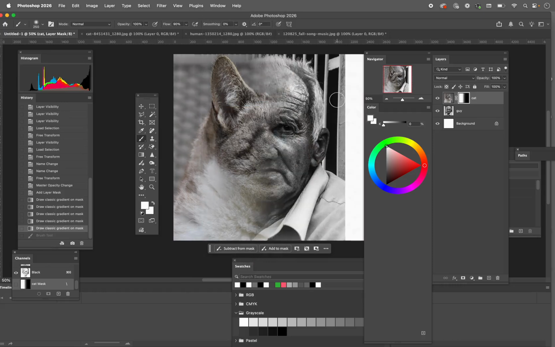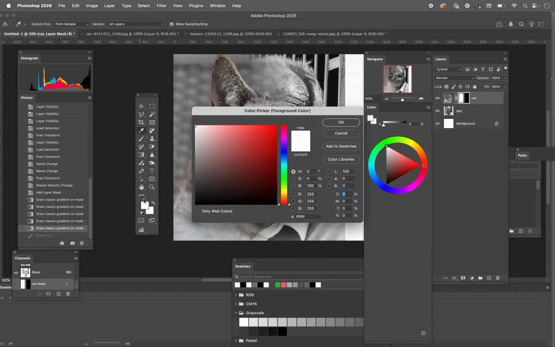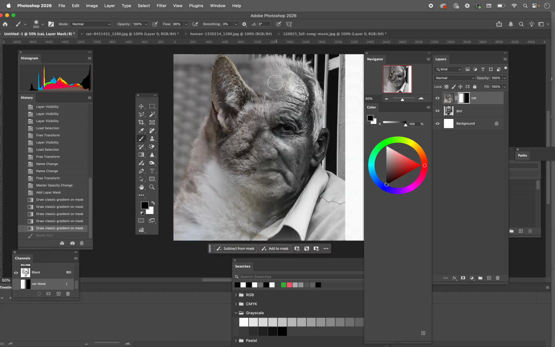Okay. So if I wanted to correct this and I want to see the man's forehead, what I learned is I must use black instead. So let's take I clicked this, bring this down, choose OK. And now when I paint, that's what I wanted. I'm going to use the cat's ear as sort of like a divider. There. Now, if I wanted this to be a subtle change,